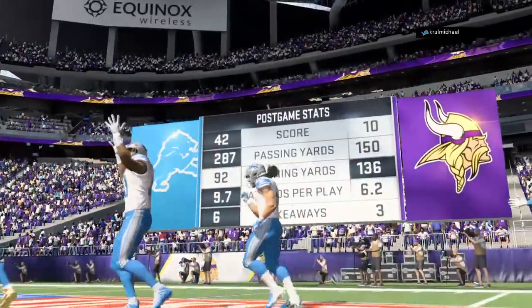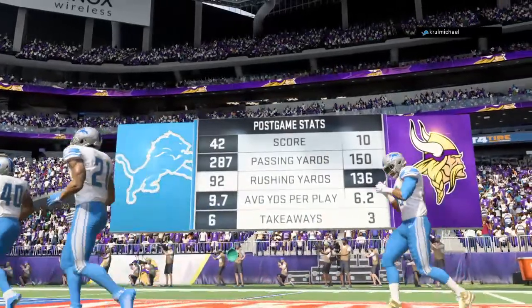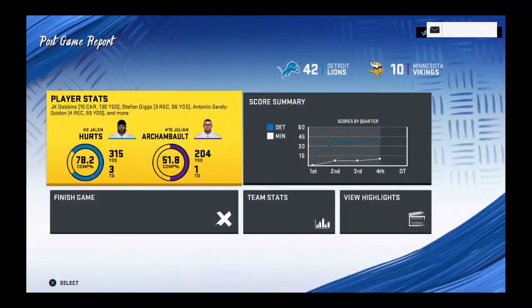So for Detroit, it's a fantastic start as they roll to a blowout victory here in the season opener. And they will head back home next week. Meanwhile,